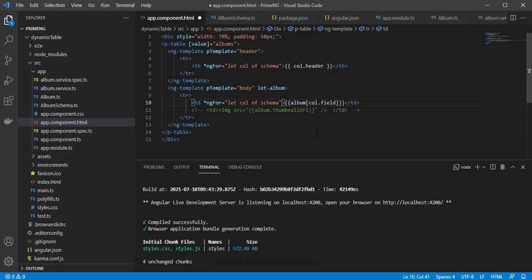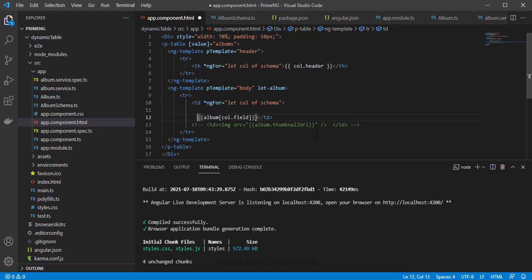Let me wrap this under maybe we can say like span tag under span. Let me wrap this, and let's say if I want to,